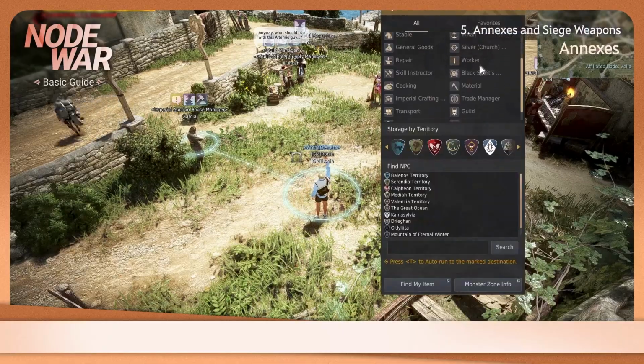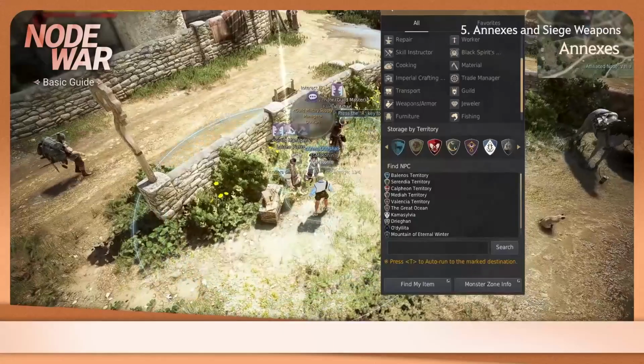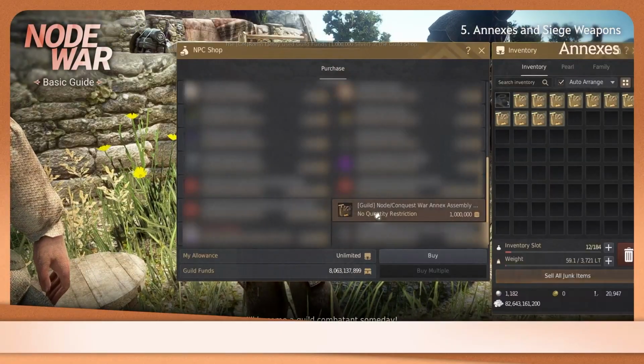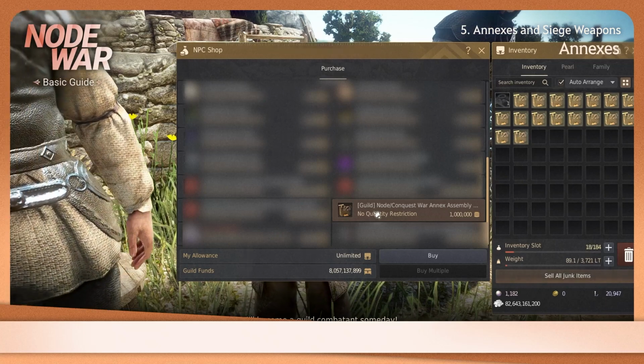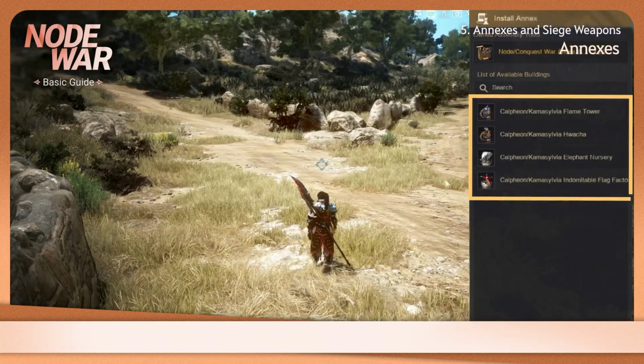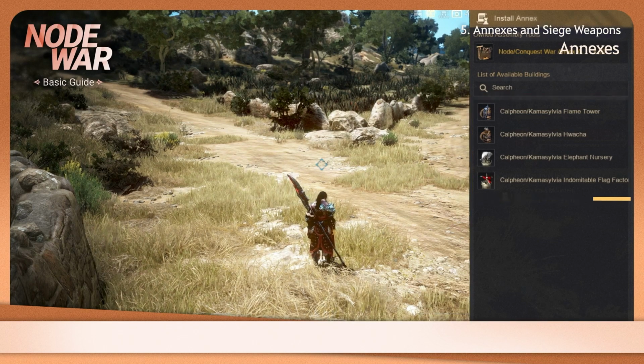These can be installed anywhere in a node war area. Installing annexes costs guild funds, so be mindful of their positioning before setting one up. In addition, you can use the purchased assembly tool to install an annex near an occupied fort. You can right-click the tool in your inventory and select the annex to install it immediately without accessing a separate